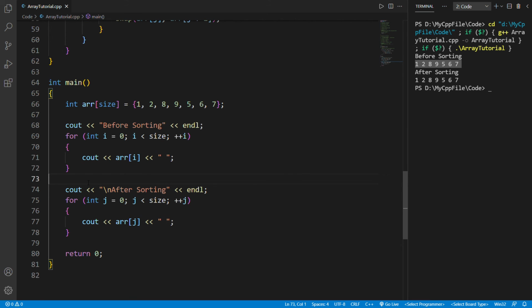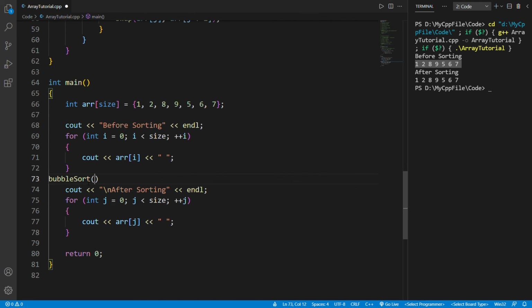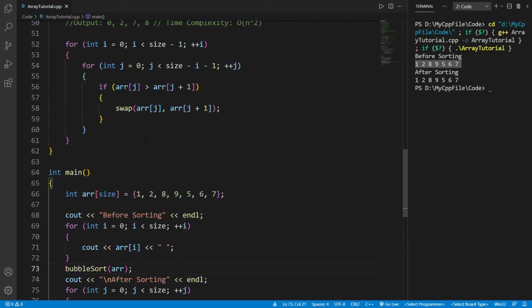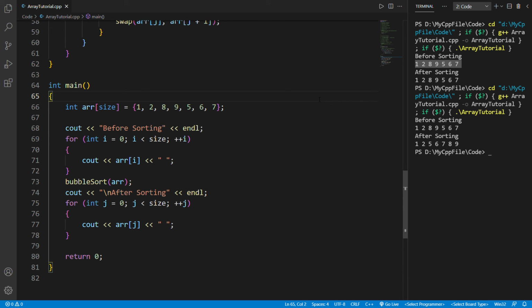Let's call the function over here, that means bubbleSort, then arr. As this is a non-returning function, we don't have to assign any variable over here. I hope this works. See, the algorithm works. So this is the bubble sorting algorithm.